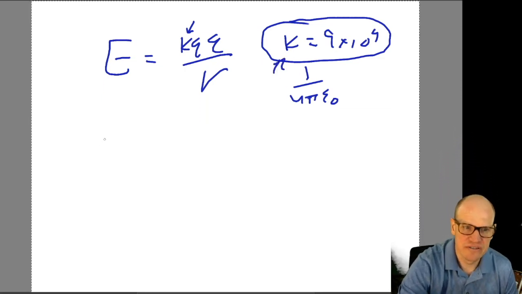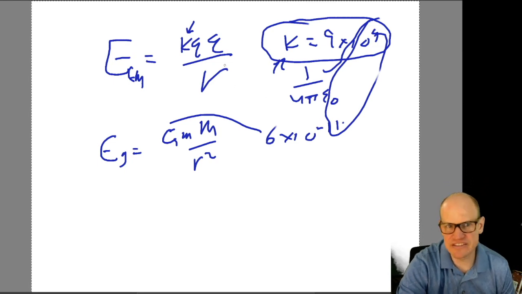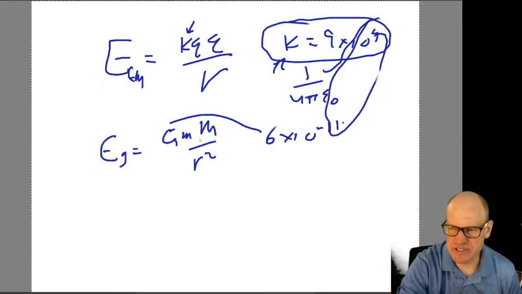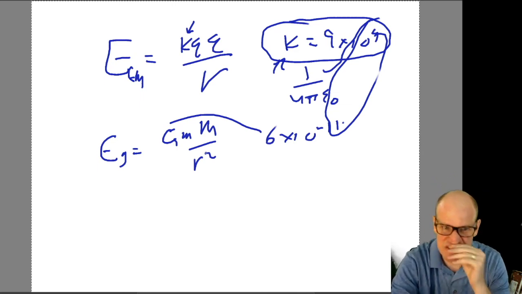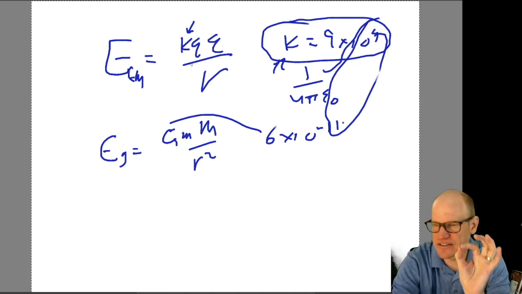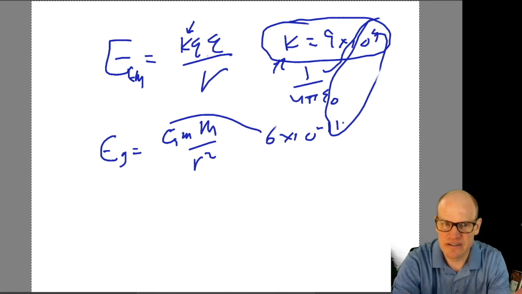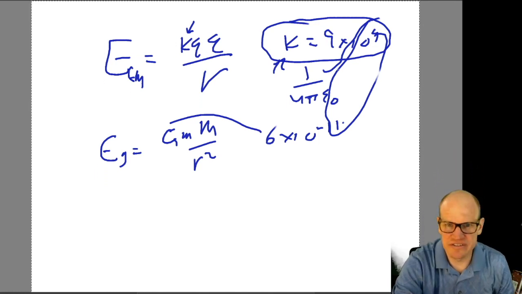For gravity, the energy of gravity is going to be Gmm over R squared. And so this G is 6 times 10 to the minus 11. And so it's 20 orders of magnitude weaker. And that's with a kilogram of coupling. If you take the proton as the fundamental unit, so this is taking a kilogram as a fundamental unit, and I guess a coulomb as this, but if you say, okay, I'm going to take the electron or the proton as the fundamental unit, and you put the proton mass in here and the proton charge up here, then this